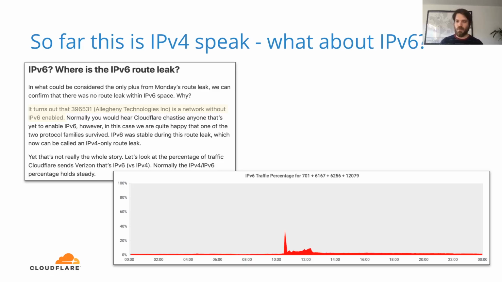Happy Eyeballs has been put in place as a protection against IPv6 failures because we still consider IPv6 the new kid on the block, even though it's been around for at least 20 years. We want to protect against it. So what Happy Eyeballs will do is prefer IPv6 connections, but if those IPv6 connections fail, it will fall back in a safe manner to an IPv4 connection. But apparently this also works in the opposite direction, where it will make an IPv4 connection first and fall back to IPv6. So apparently Happy Eyeballs is also a very good safety mechanism when it comes to IPv4 failures.